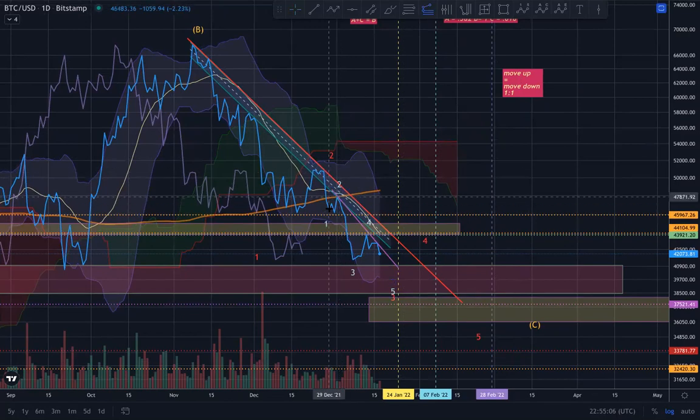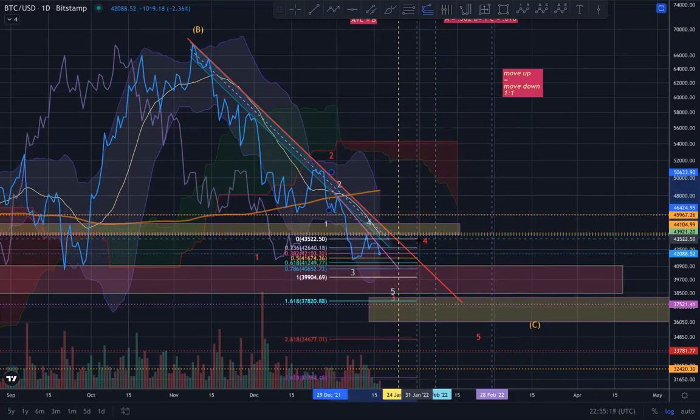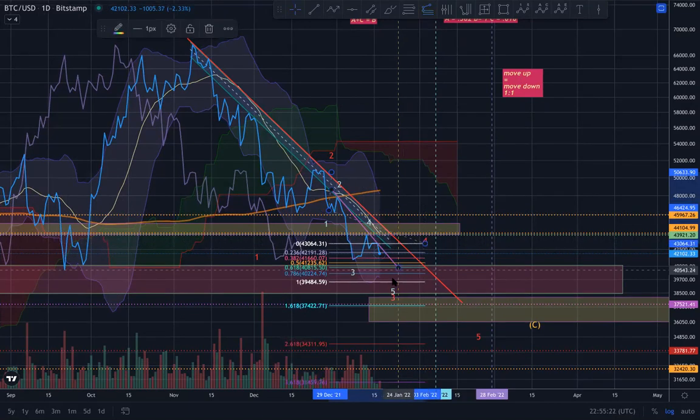take the 1 to 161.8. 1 wave is 1, 3 wave is 161.8, 5 wave is going to be 1 to 1 with the 1 on an internal relationship, starting here from where, as per Neowave principles, this light 5 wave would be beginning. So we can measure from there, let's say, and 1 to 1 is about a closing daily basis around 39.5. Okay, maybe it wicks down here into the low 39s. I don't know, but